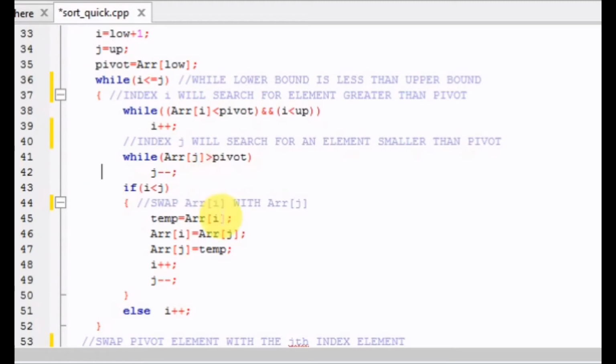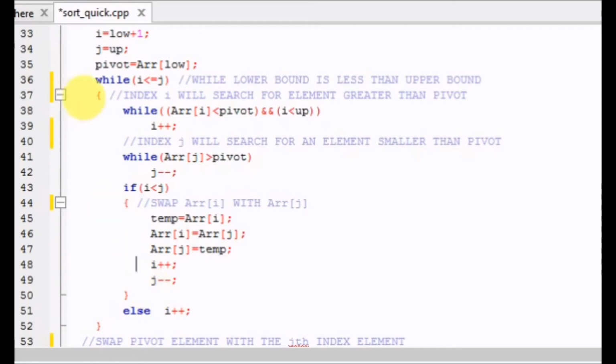Now if we found an element greater than pivot and an element less than pivot, then we will check this condition, that is if i is less than j. If so, then we will execute these statements in which we are swapping the element at the ith index with the jth index. Okay, and we will increment the value of i by 1 and we will decrement the value of j by 1.